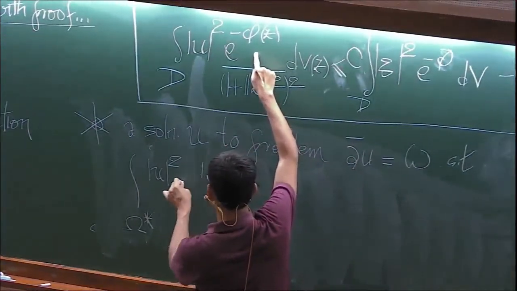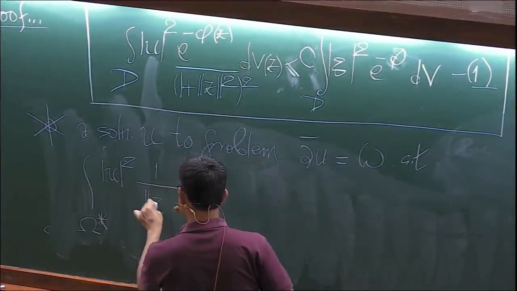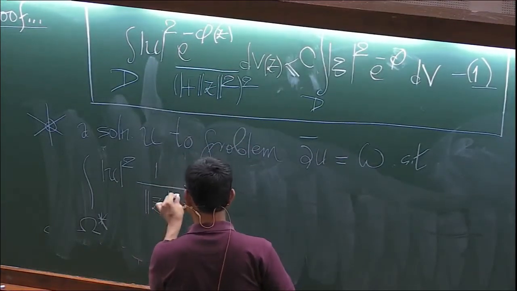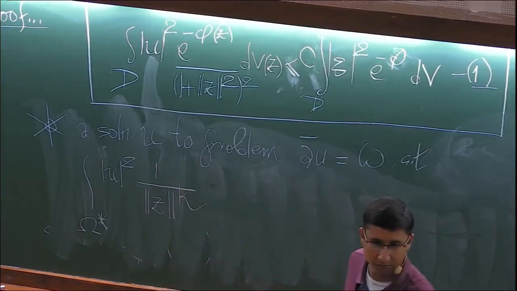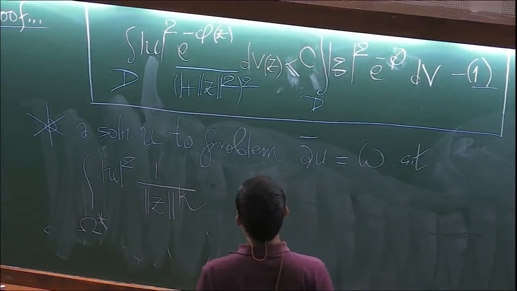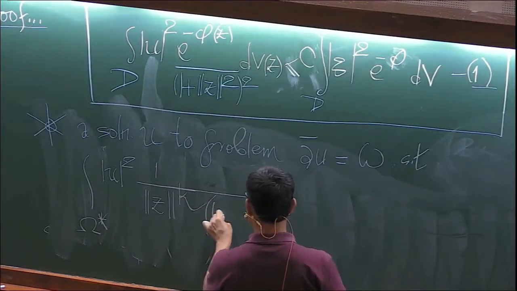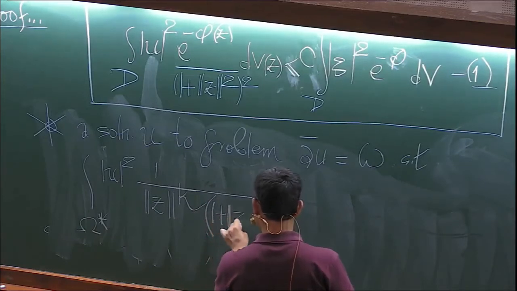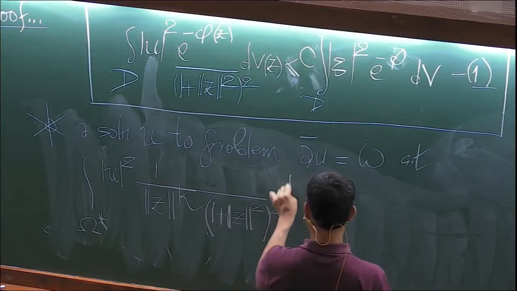I apply the exponential, and I am going to get mod z to the power kappa, and of course I have some innocuous stuff, 1 plus norm z squared whole squared dv